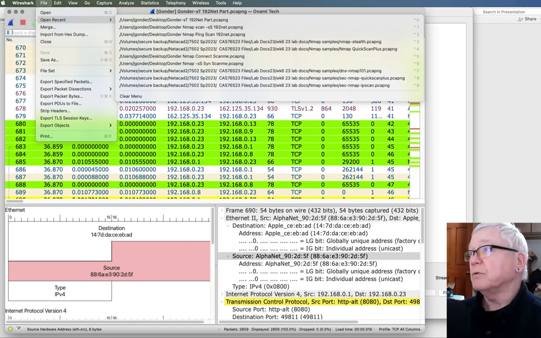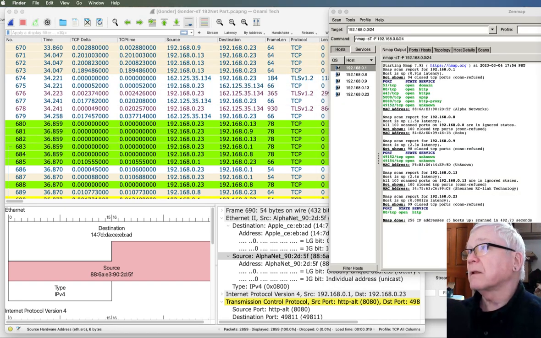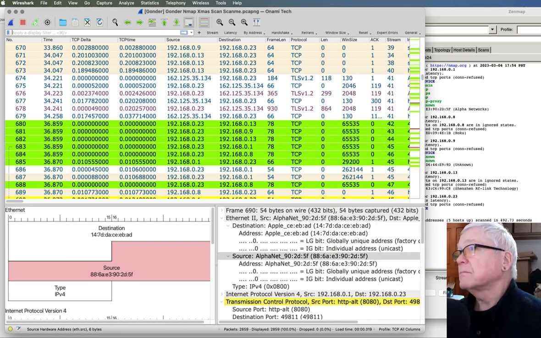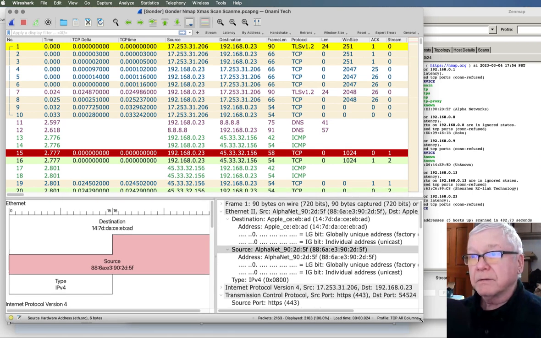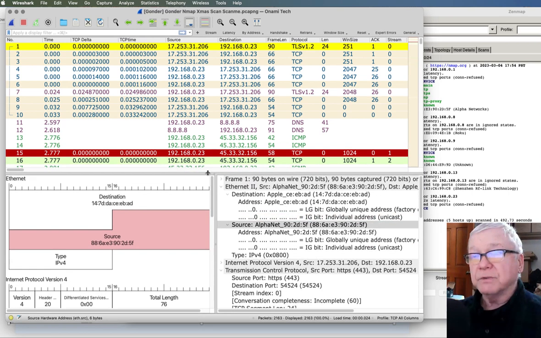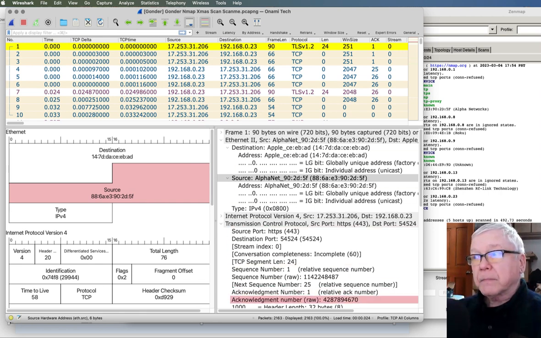I think I've opened too many in the meantime. There we go. So here's my Xmas scan. When we're doing penetration testing, one of the things we can do to identify operating systems or other characteristics is to send something that is abnormal, that is not normally seen.